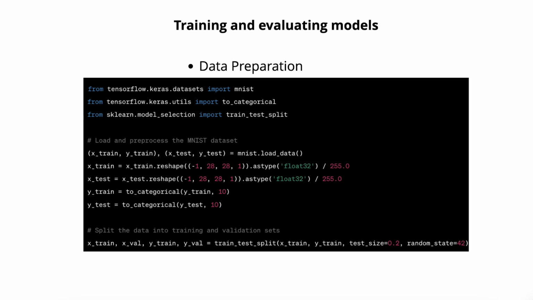Here, I'm importing the MNIST from TensorFlow Keras datasets. I'm importing to_categorical from the Keras utilities, and I'm importing train_test_split from model_selection from sklearn. Now we load and